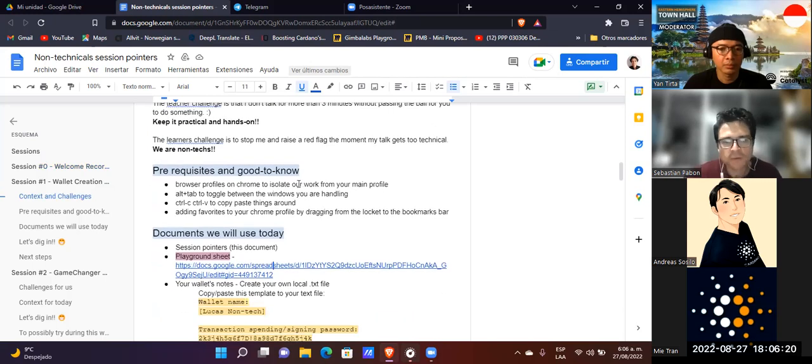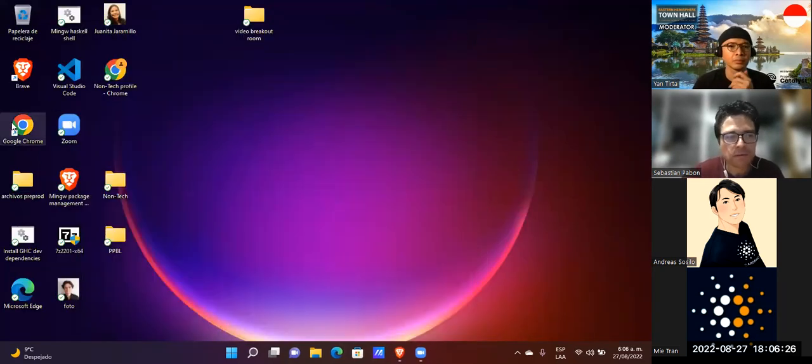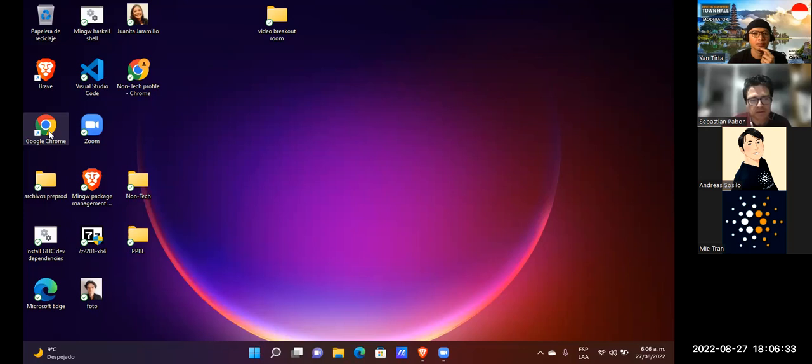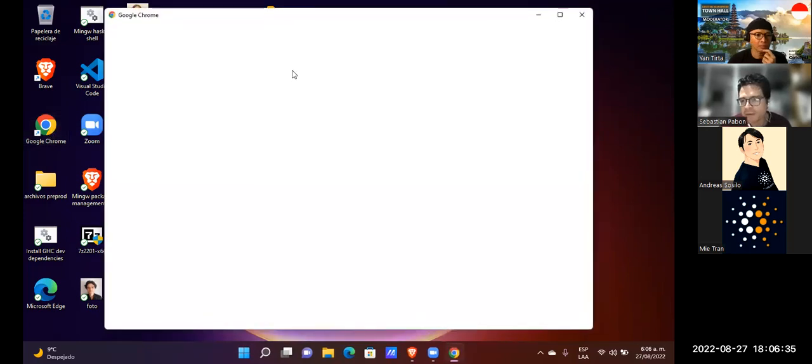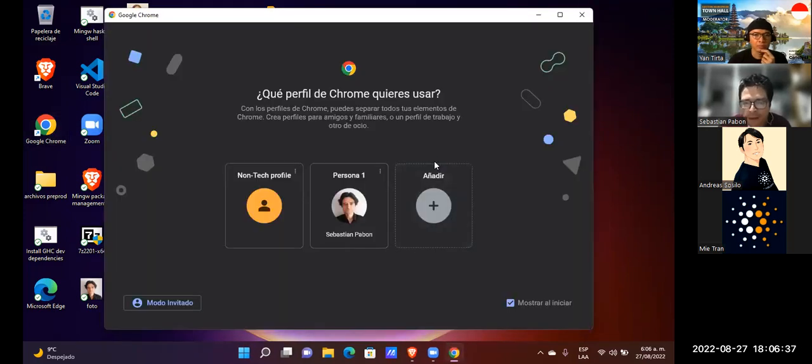We are going to start by opening our browser. I have Google Chrome. Google Chrome makes things easy because we can open a different profile to work in this session.